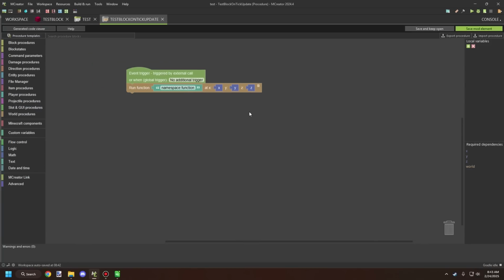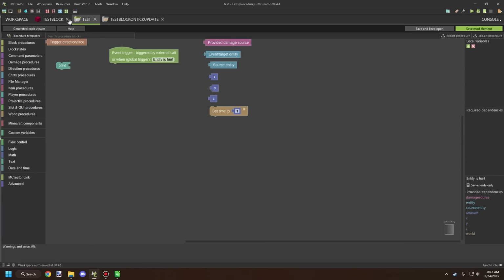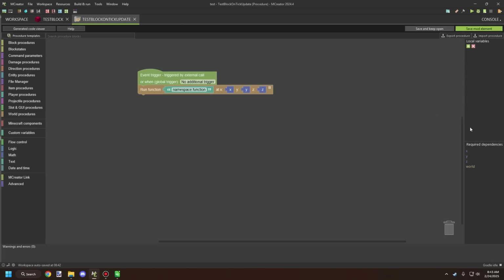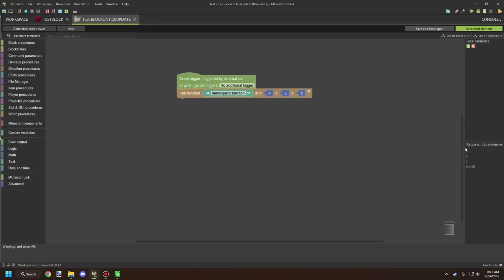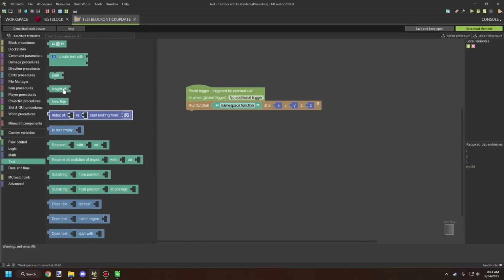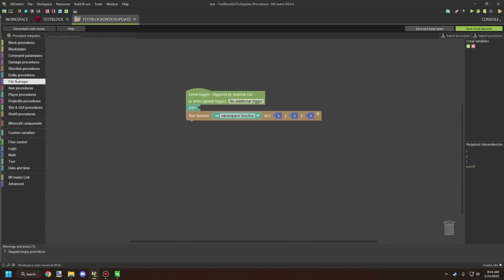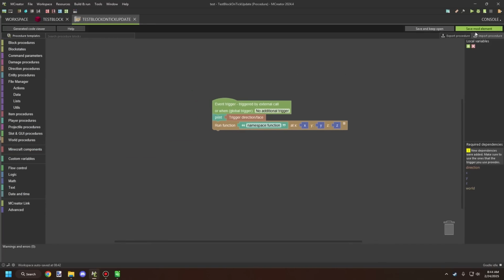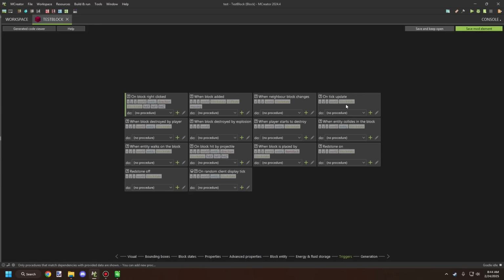If we open up this trigger, you will also notice there isn't a provided dependencies list. You'll have to correlate that to your trigger itself, so you might need to go between the two to determine where the dependencies are supported. When you're saving certain dependencies that are not supported by the trigger, it's not going to give you an error. If we go ahead and grab the trigger direction, it says make sure that the trigger supports it, but if we save it, then it will remove it from our trigger and mark it as missing dependencies